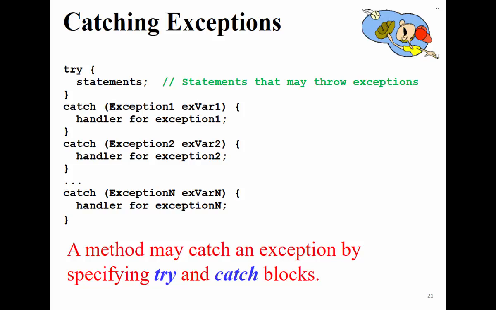This is an example where you have some statements. You try some statements here. This block is always try. You open the braces, close the braces, and you have some statements. These statements might throw exceptions. You try to catch an exception of type 1 at the first statement here, and then you handle exception 1. If the exception raised by this statement was of type exception 2, you go to the exception 2 handler.